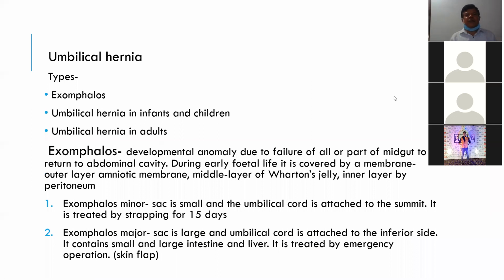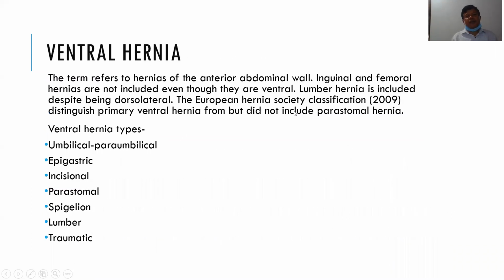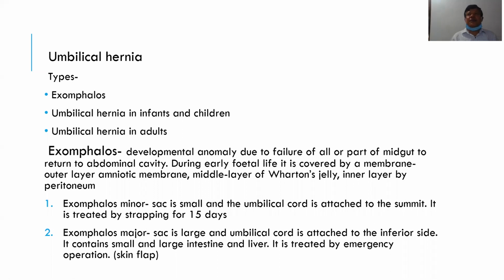First, we will discuss the umbilical hernia. Here the name itself indicates that the hernia occurs through the umbilicus, the umbilical defect. So these umbilical hernias are of three types. One is exomphalos, second is umbilical hernia in infants and children, third is umbilical hernia in adults. So exomphalos,